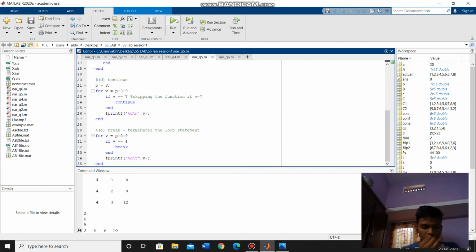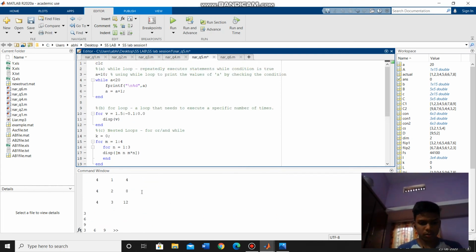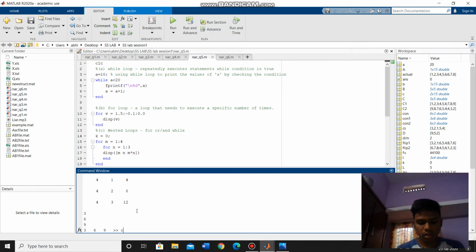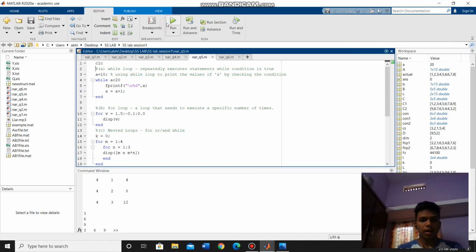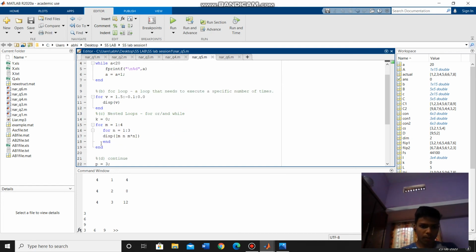If we run this code, then by observation we can see that the while loop repeatedly executes the statement while the condition is true, and the for loop needs to execute a specific number of times. And a nested loop is nothing but using a loop inside a loop for a particular condition.